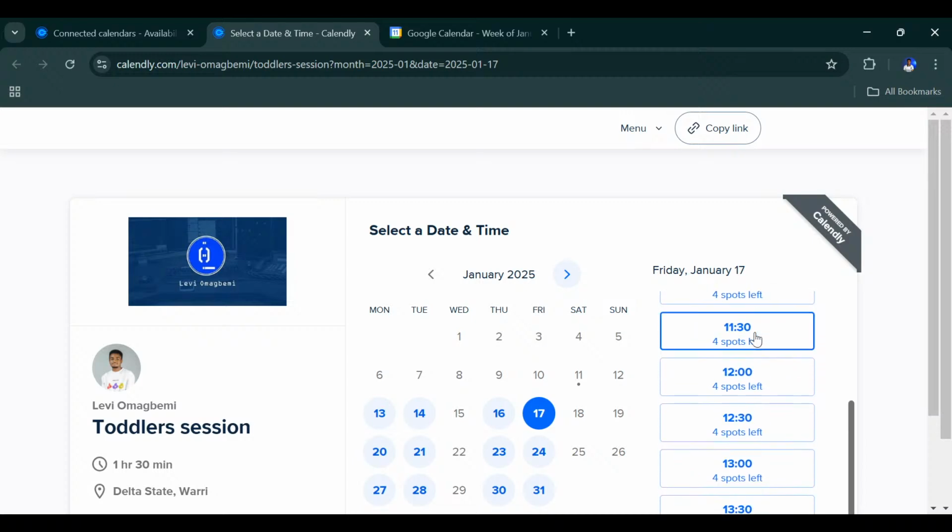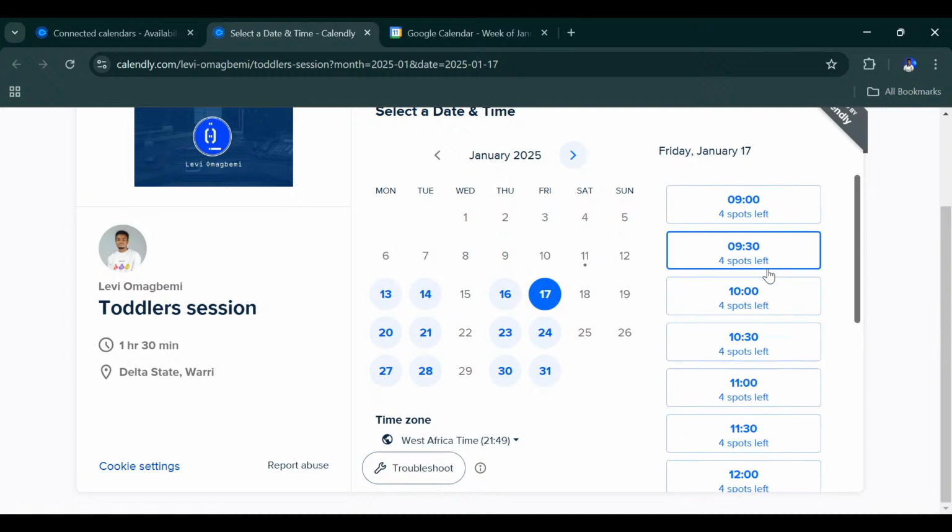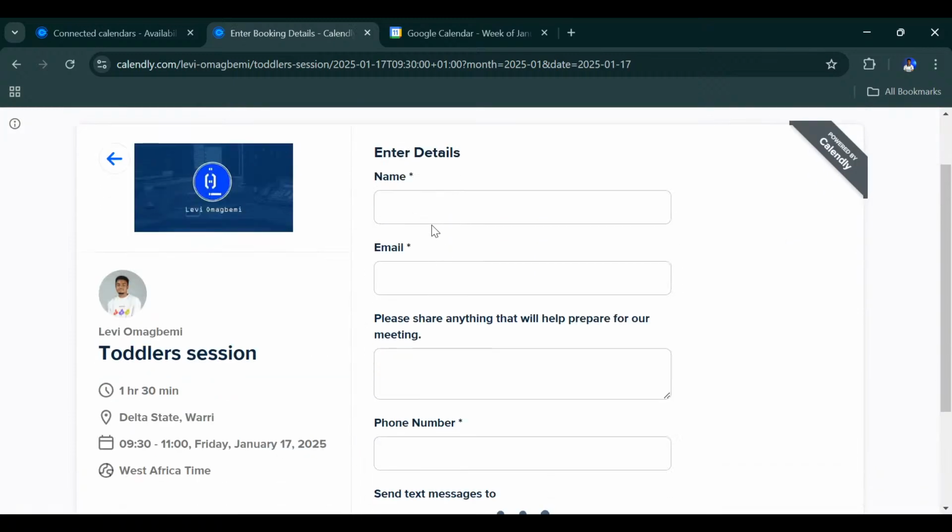but there are some things that are not right here. So this is supposed to be showing in 12 hours format, but let's just leave that. We'll go back to that and correct it. So I'm going to click 9:30, click next, and I'm just going to enter my name, my email,